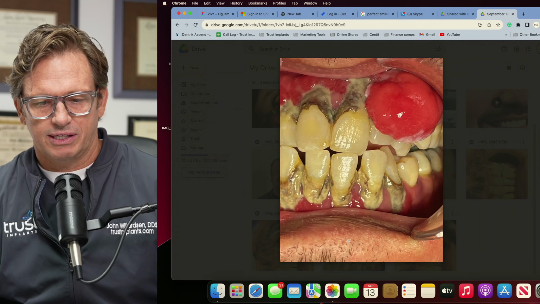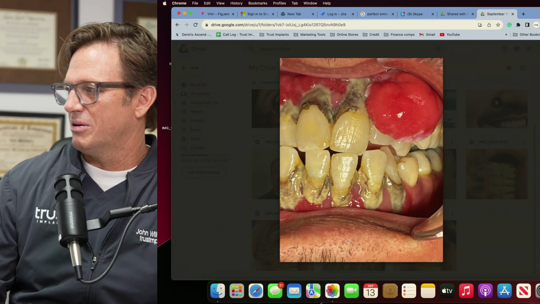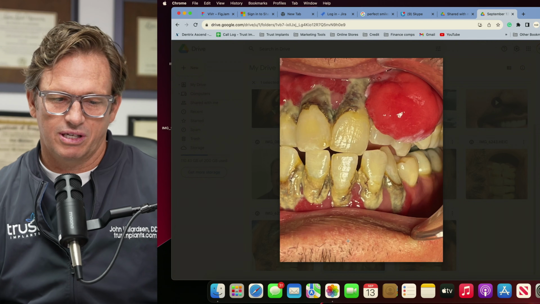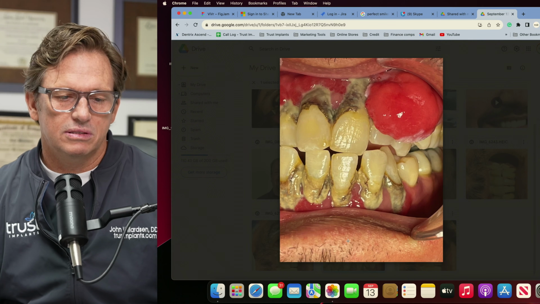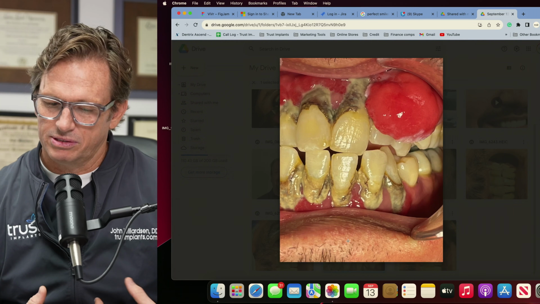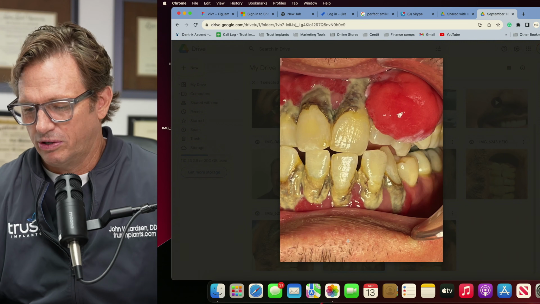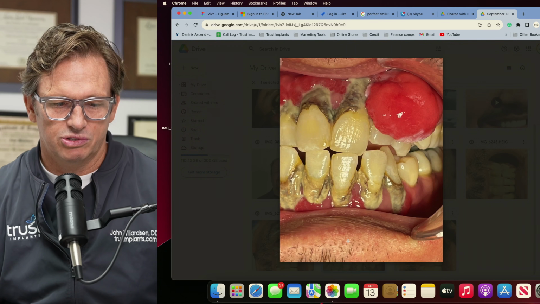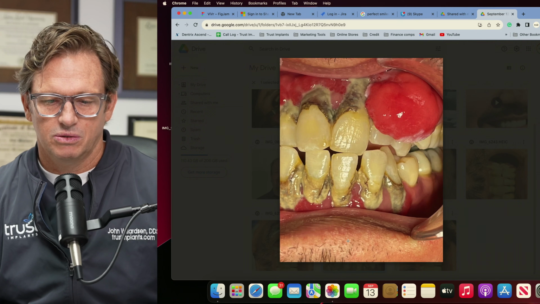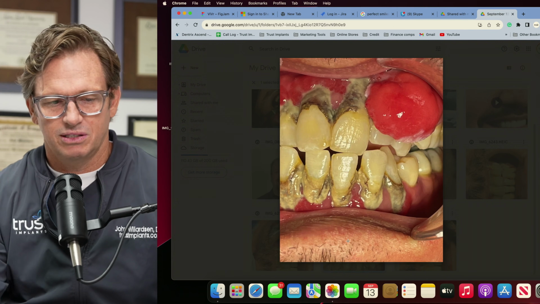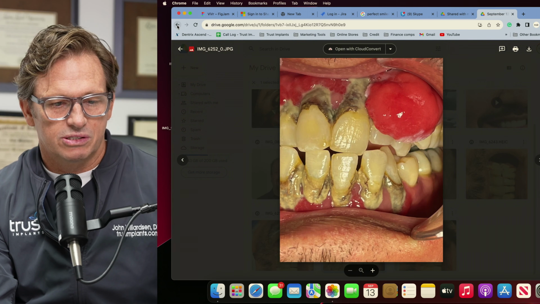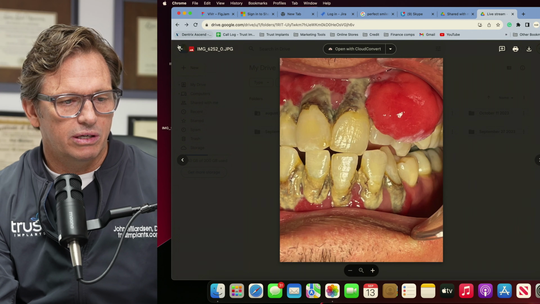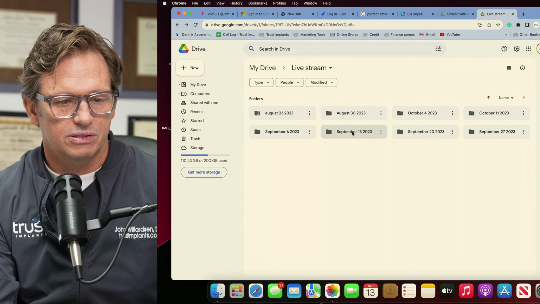When I look at this, I see complete just giving up, right? He's completely just kind of given up on his mouth. I wouldn't say on life, but certainly with his teeth in his mouth. He's like, what's the point? What's the point of brushing? What's the point of even trying to maintain this when in his mind he knew that it was a pretty hopeless situation. So versus today where he is,